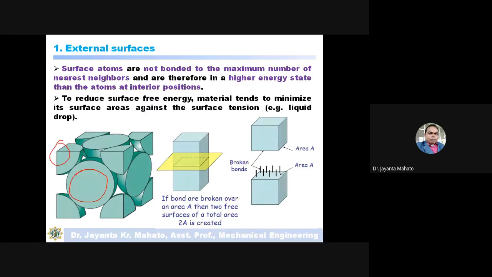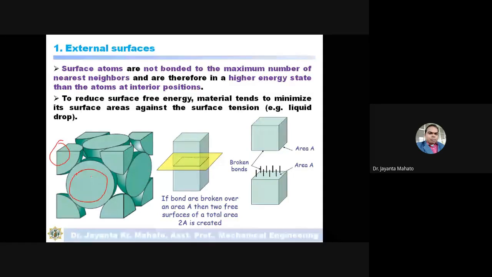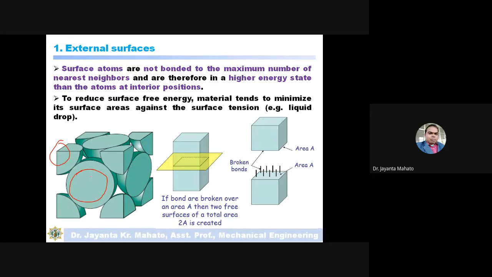To reduce the surface free energy, the material tends to minimize its surface area against the surface tension. Okay, so the surface atom has higher energy, a higher state energy. So to reduce this higher surface energy, the material tends to minimize its surface area against the surface tension. Means if it stays in a higher energy state, there will be surface tension, and then